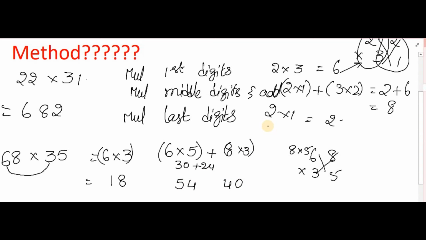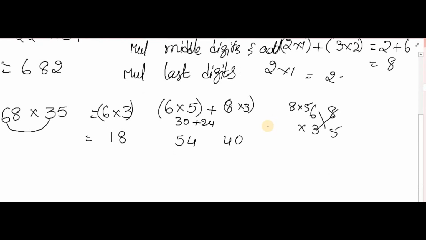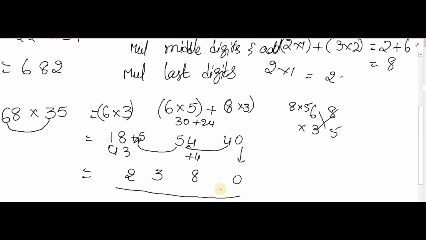If you observe here, in the first question we got all single digits, whereas here we have all the double digits. So what we should do is, this first number will come for the addition of this. Means 4 plus 4, this 0 will write as it is, and this 4 plus 4 will become 8, and this 5 will go for the 8 plus 5 is 13. Again you have 2 digits, so again this 1 will go there. So 3 will come, 1 plus 1 is 2. So the answer is 2380.